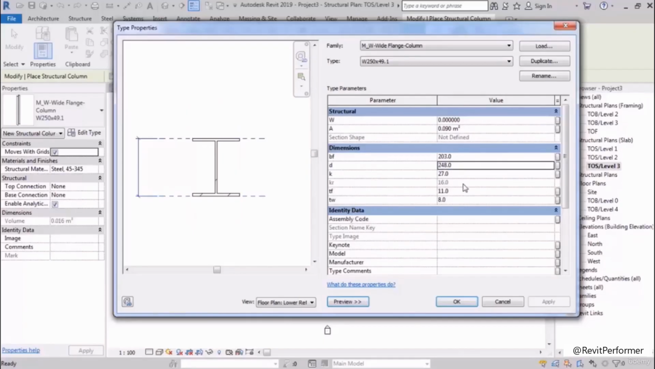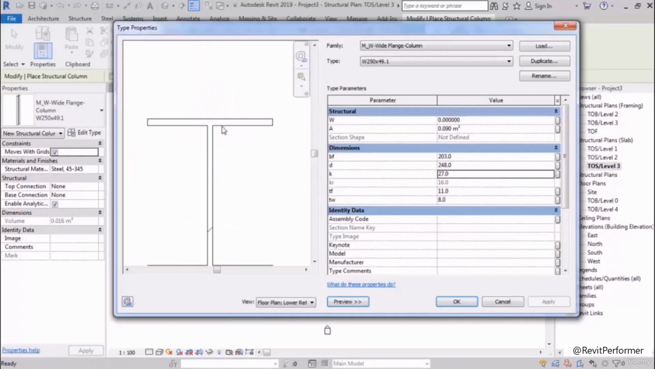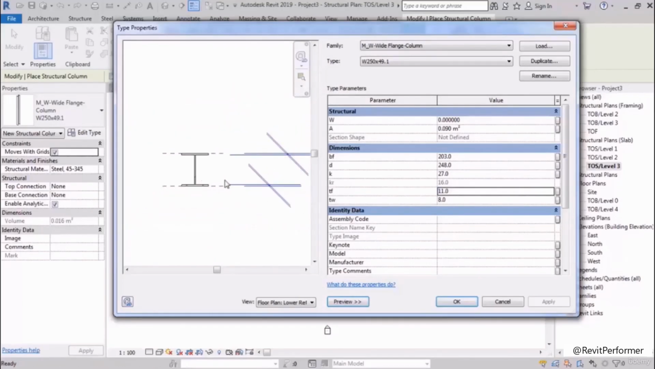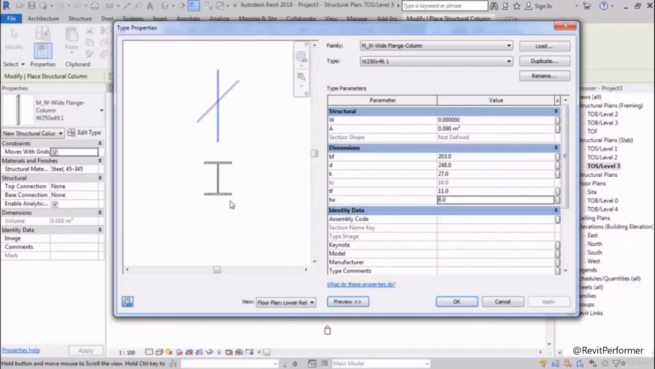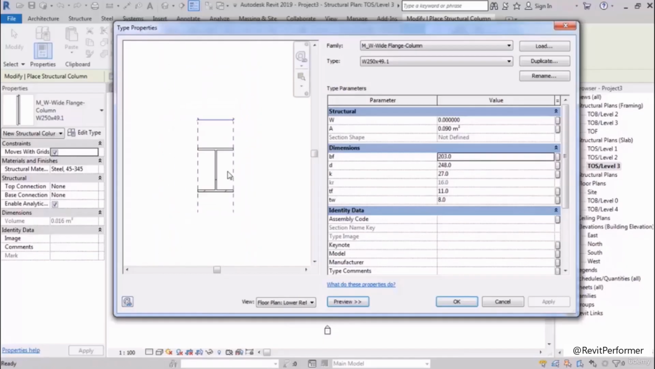You don't need to memorize this. If you click on any of these, it tells you what this is. The only one that you click and it does not show up is K, which is the radius of this fillet. It's clear actually, because in different families there are different names. So don't memorize it, just click it and you can see what it is